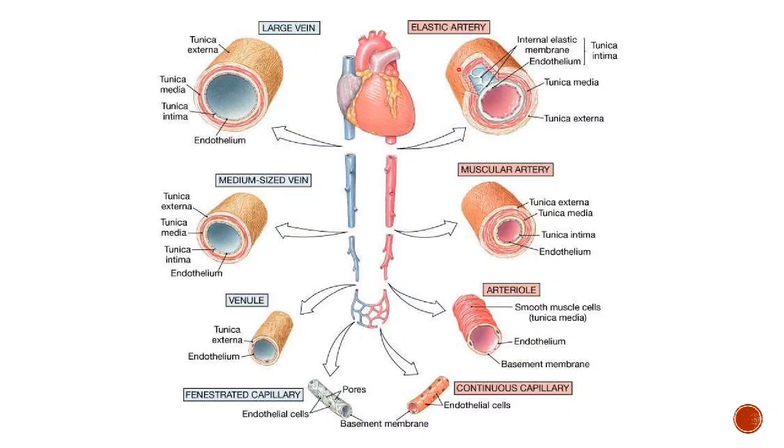You can see on the arterial side the large artery, elastic artery, and then muscular artery, the division of the large artery, and then further branches are called arterioles and then capillaries. Capillaries, you can see here, continuous capillary and then fenestrated capillary. And again here on the venous side, you can see the venules, medium-sized veins and the large veins. Here in the capillaries, you don't see the vascular smooth muscles.